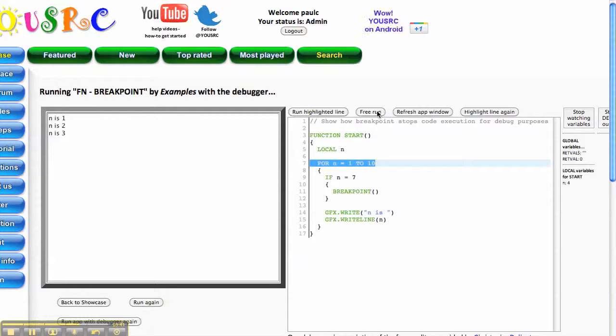So if I click free run now, it will whiz around here faster than we can see. It will quickly say 4, 5, 6, 7 down there. In fact, it won't show 7, it will show 6, because when it comes through this loop, when n is 7, before it's displayed n is 7, this will be true, it will run the breakpoint function, and it will drop out of free run mode. So let's do that. There you go. So it said 4, 5, 6, it's run the breakpoint function, and it stopped free running, and the next line it would run is this GFX write,